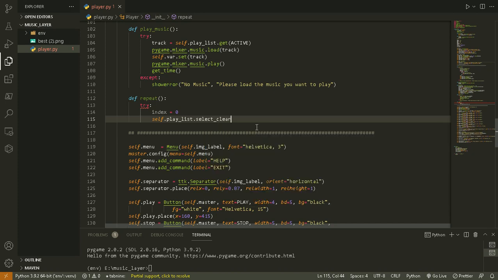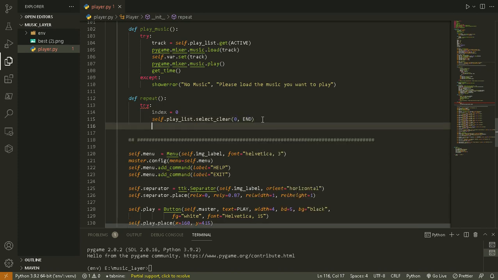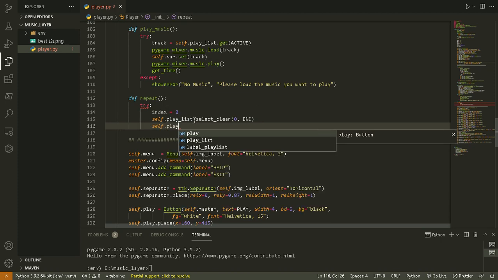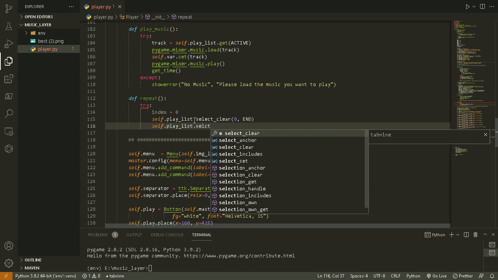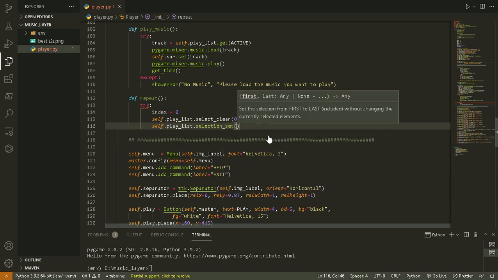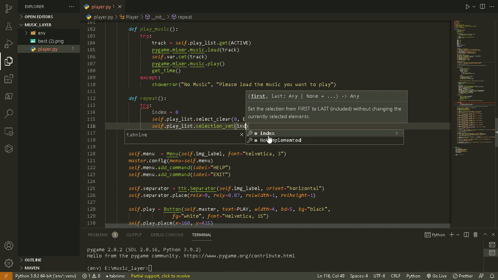Select clear, 0 to end, then we'll do self dot playlist dot select set selection, index,